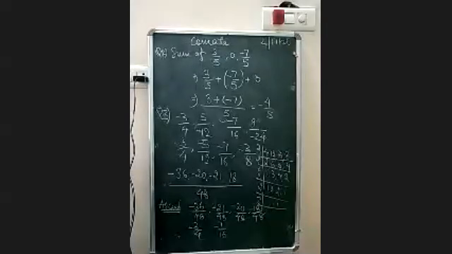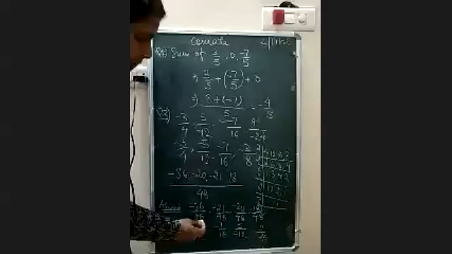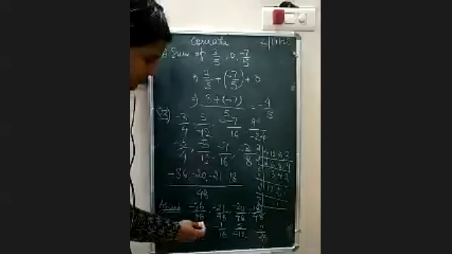Okay. Now this is ascending order. This is ascending order, but write down descending order also because I don't have space. So you can write it just by changing the order. Just the line will become opposite. It will start from 9 upon 24 and it will last up to minus 3 upon 4. Now only the signing is left. This is the smaller one, this is the greater, this is the greater, and this is the greatest. Right?